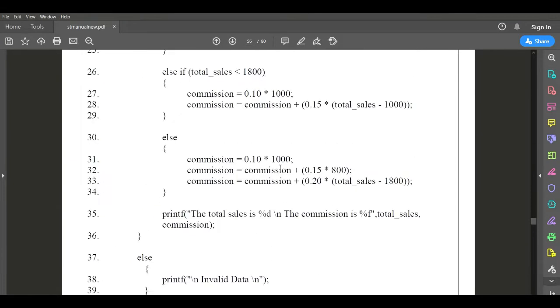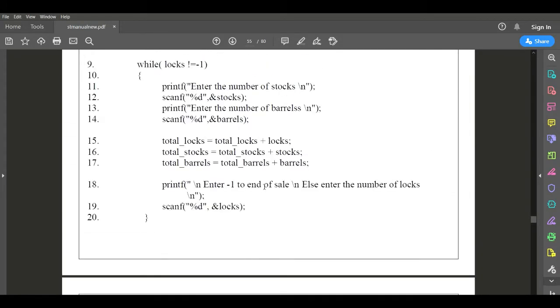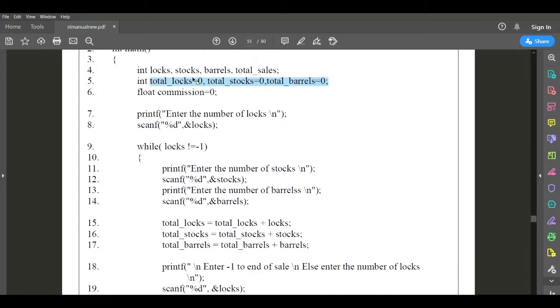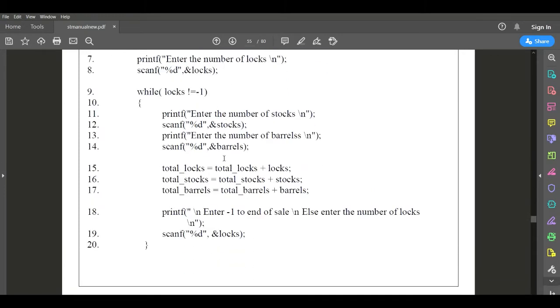Now you see here in this program, total log value we have used where we have defined, correct? Now after calculating this value, once again the total log value is redefined. Are you getting my point? Initially this total log value is 0. Now some log value has been entered by the user, and the total log value is updated. Updated is nothing but what? It is once again redefined. In which line number? Line number 15 itself.